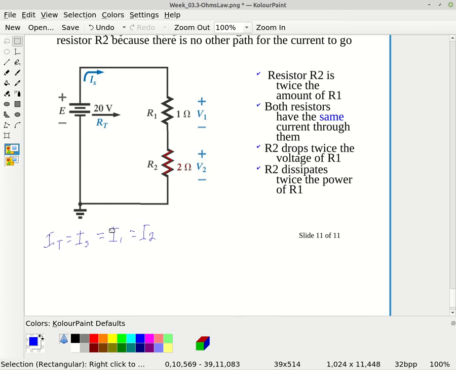So we still have that the currents are exactly the same. But now we have that R2 is going to be 2 ohms. Okay, so therefore our total